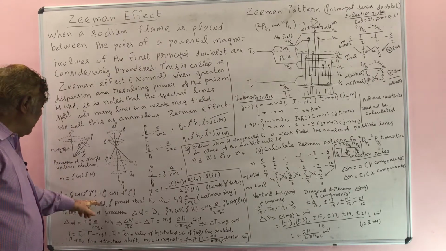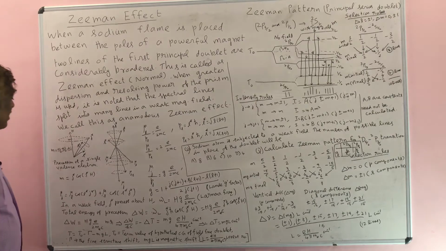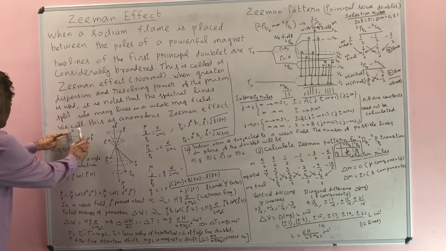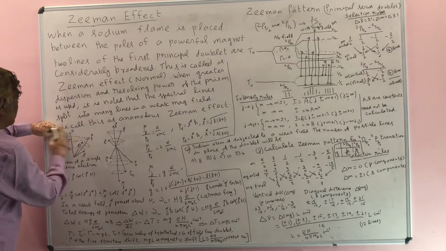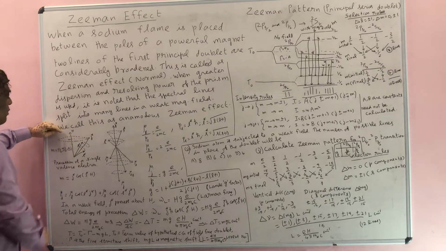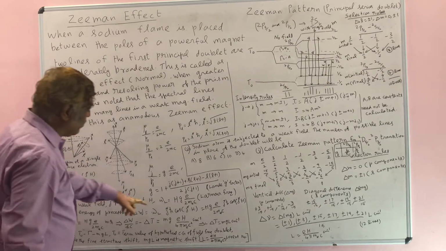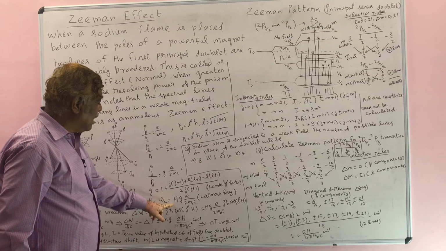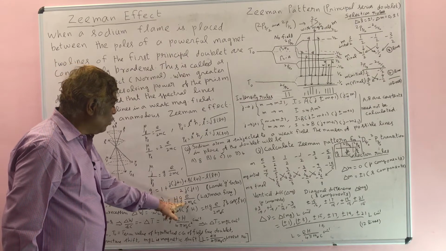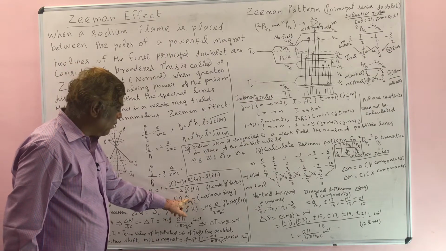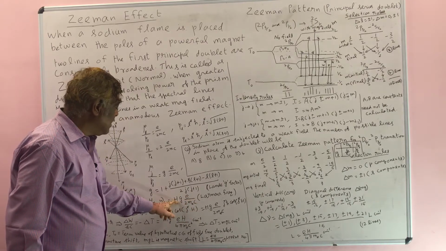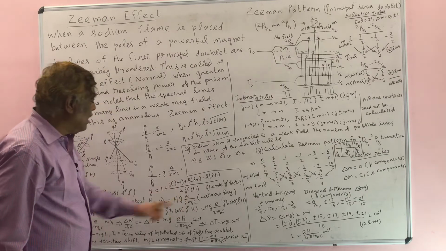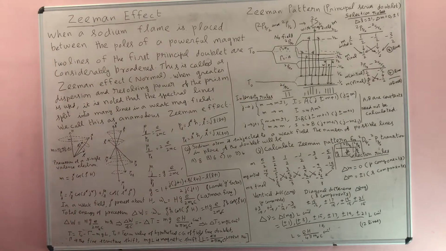In a magnetic field, J* precesses about H. So if you apply a field, J* precesses about H. And what is the frequency of this rotation? The precession frequency omega L is H g e by 2 m c, where m is the mass of the electron. So this frequency we call the Larmor frequency.